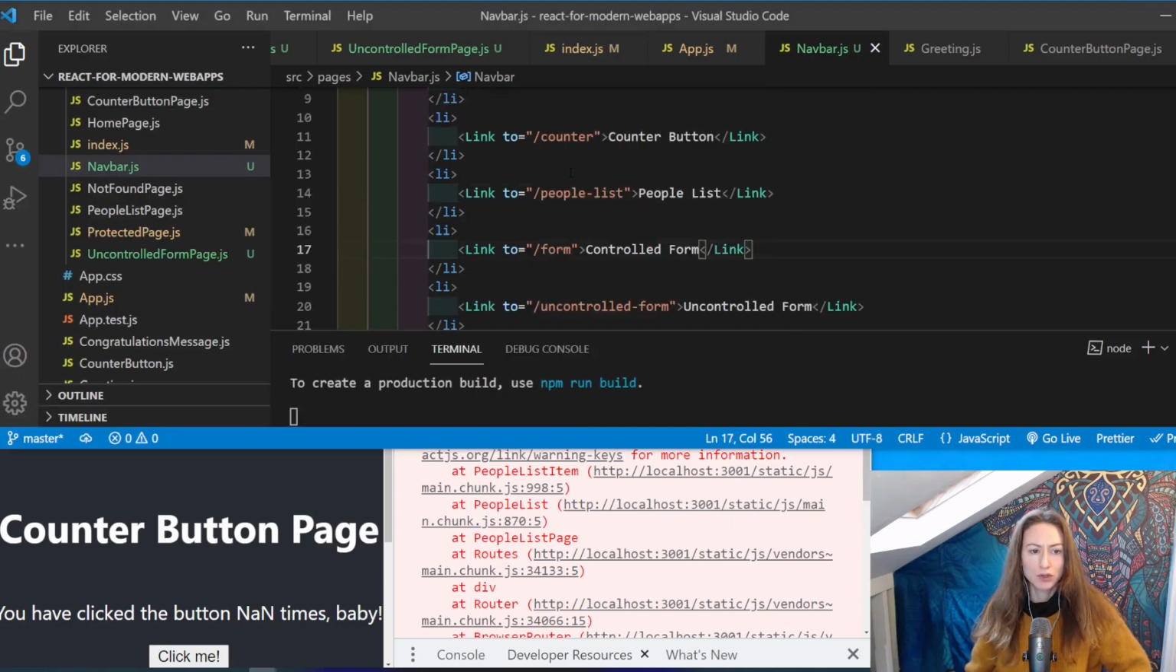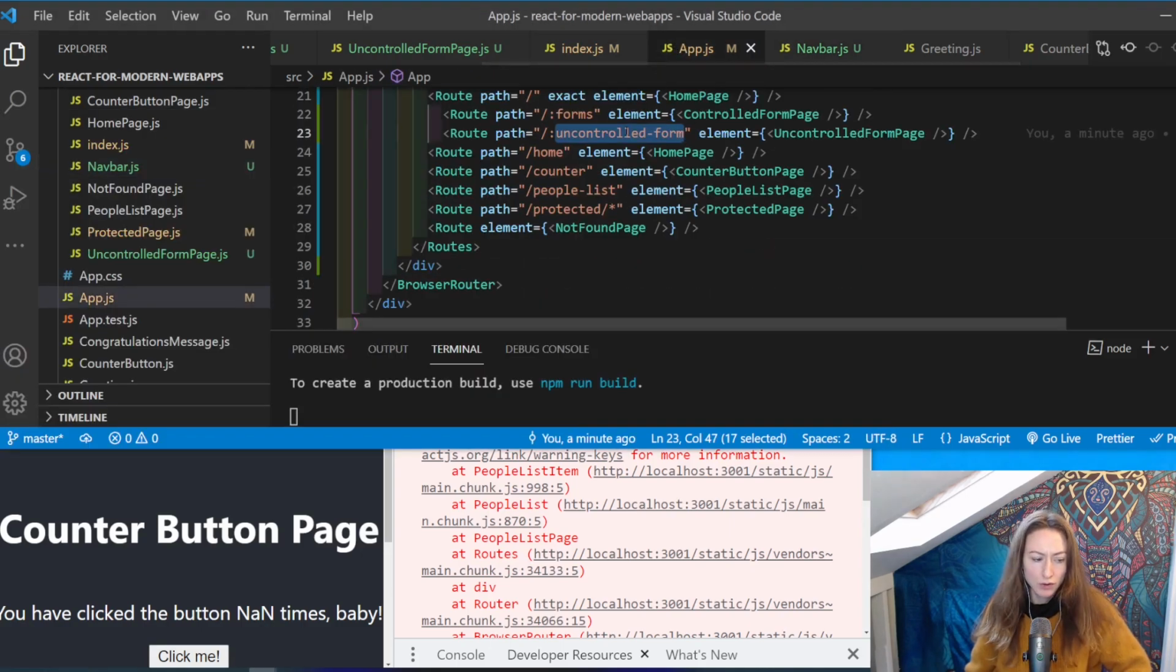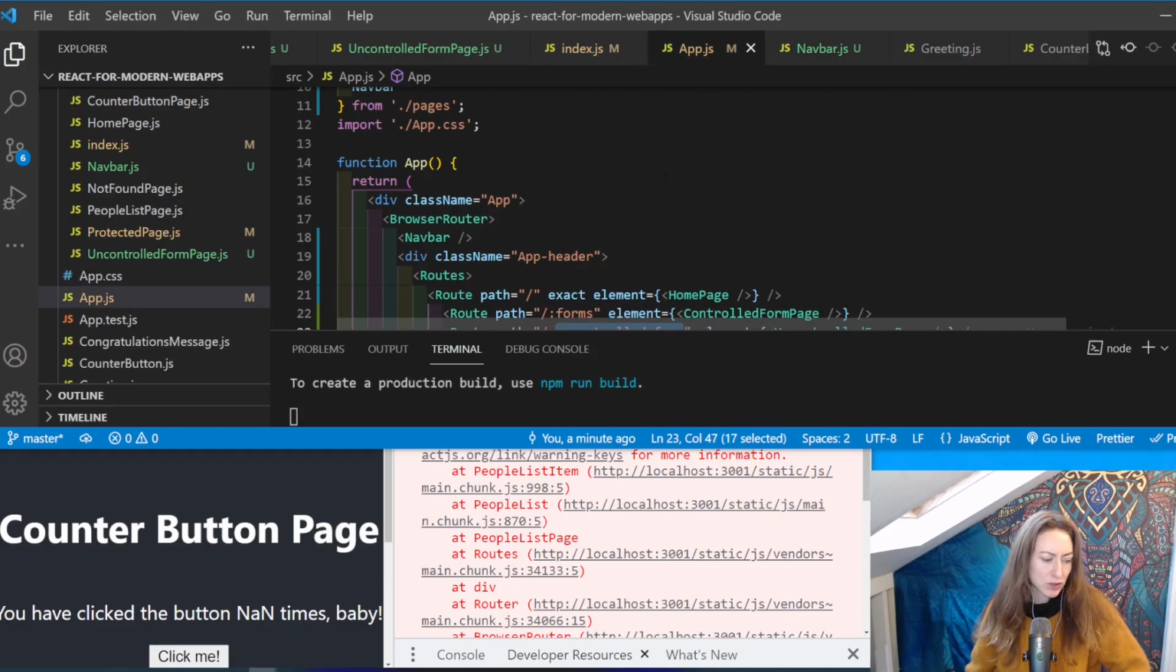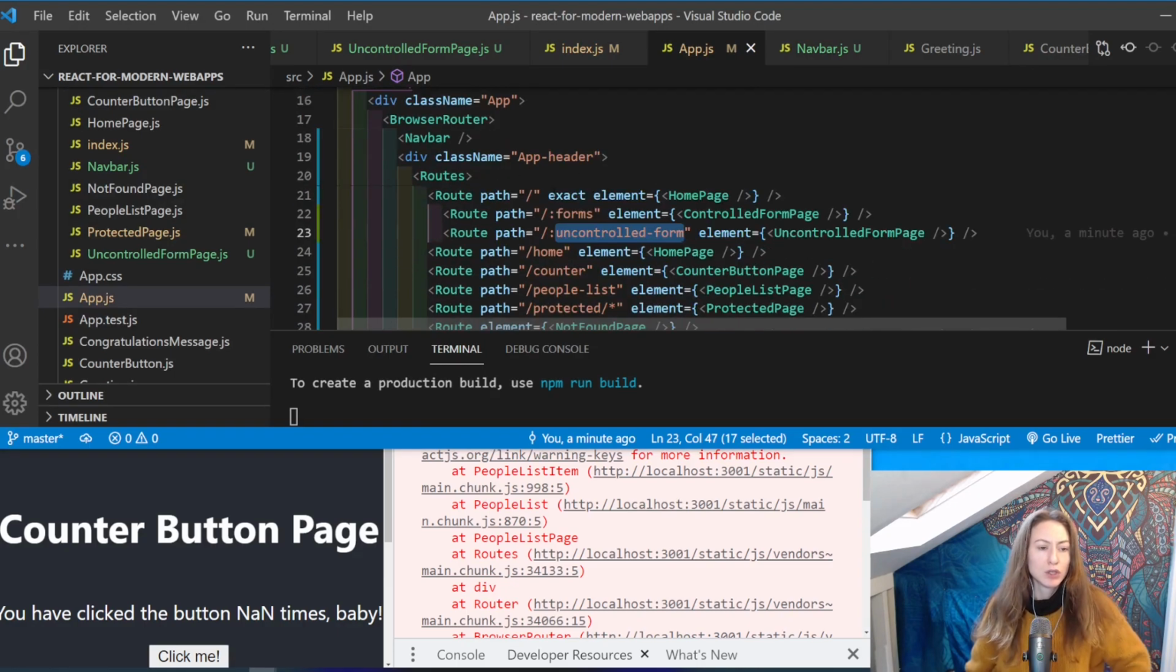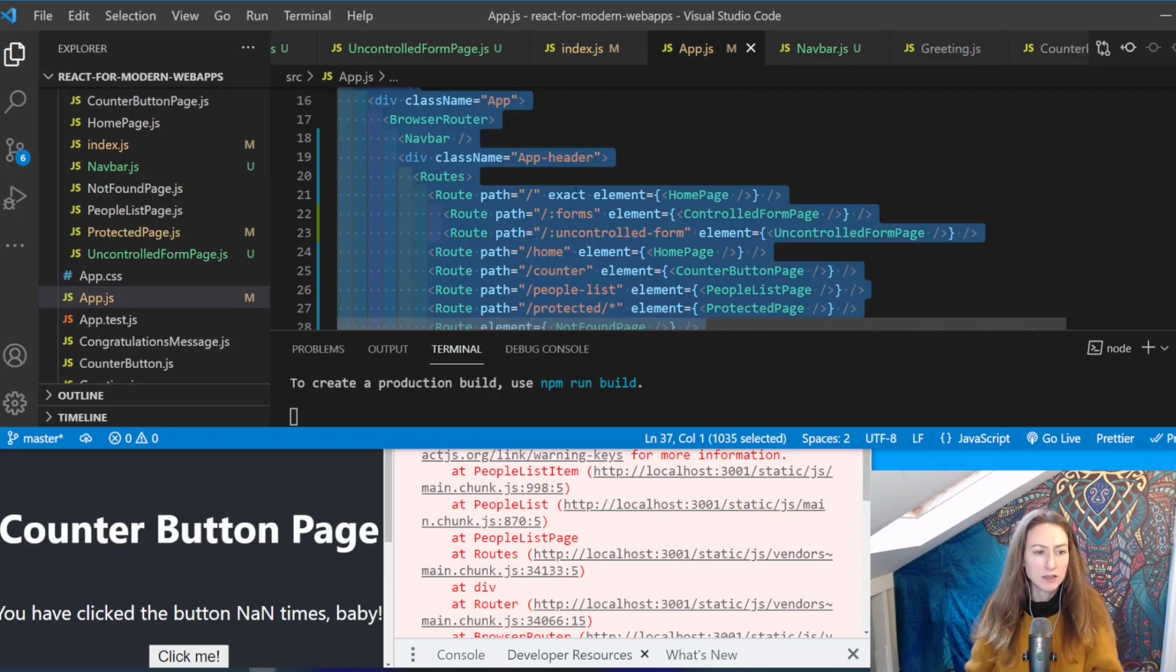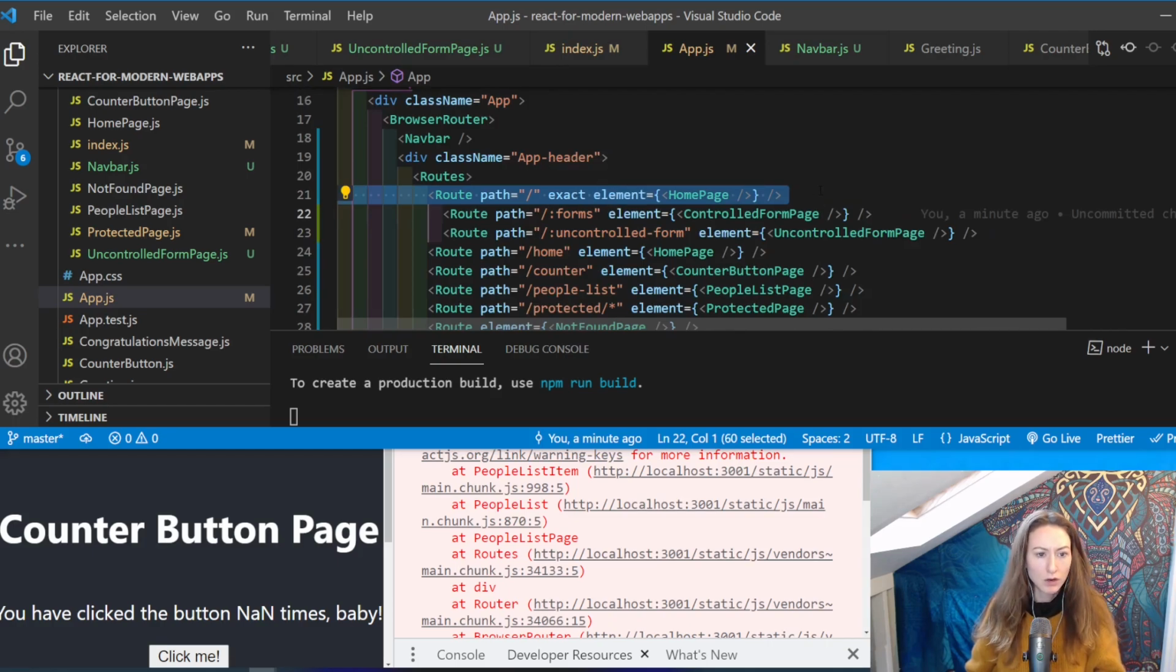Okay. So let's try that. So what we want to do, so where's our forms going? We just have slash forms. Okay. So what we've actually done is, rather than have this forward slash, what Sean has done is said,